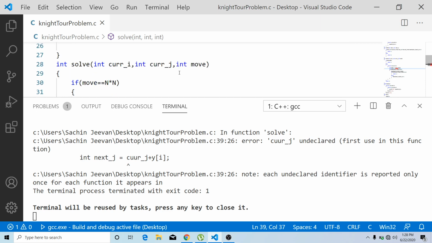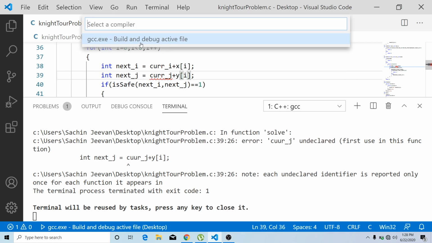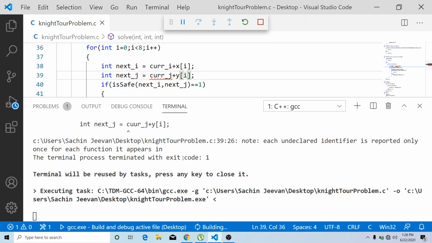Okay, let me just check. Okay, current j, right, again let me go with the execution.